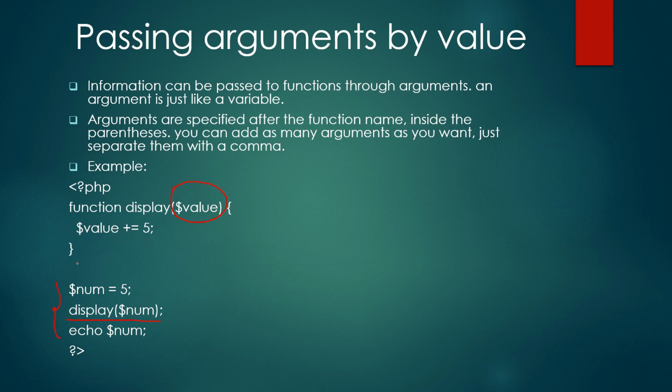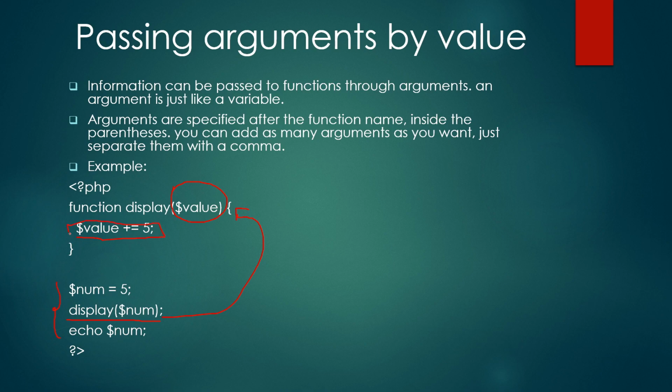So now when the execution comes here, it will see, okay, we have called this function, so it will jump to its function definition. Here we have a variable which takes the value of num. We can have the same variable name or we can make a separate variable, it depends on personal choice. Here I have created another variable which is just a copy of this variable. So they both contain the value 5, and here I have just incremented this variable by the value